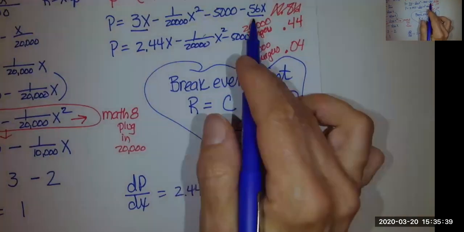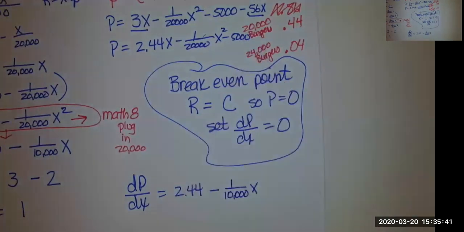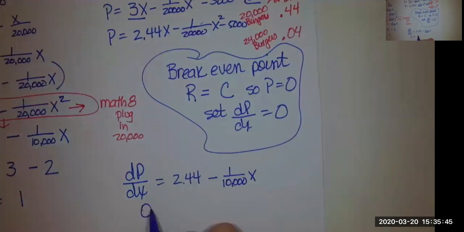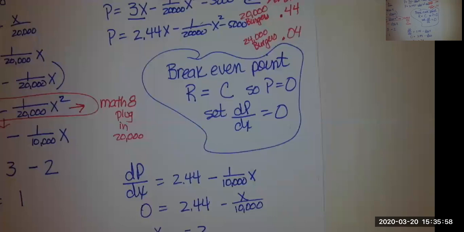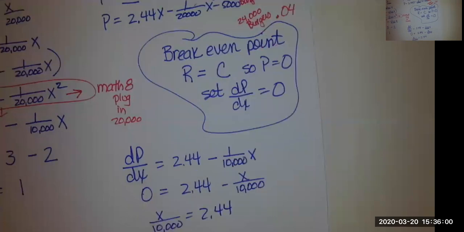And of course, the 5,000 will be gone because we know the derivative of any constant is 0. So now I set this equal to 0. So I've got x over 10,000 equals 2.44. So x equals